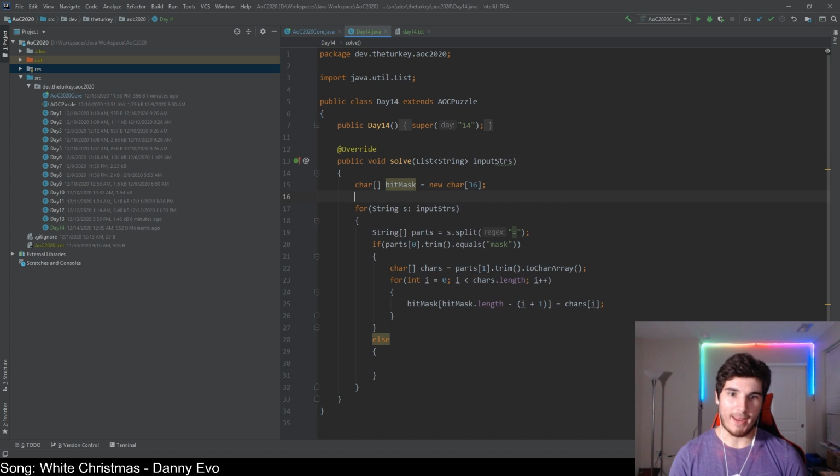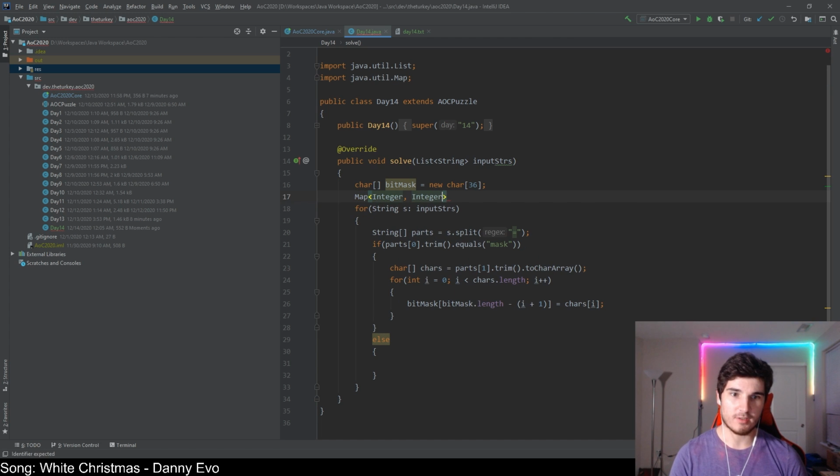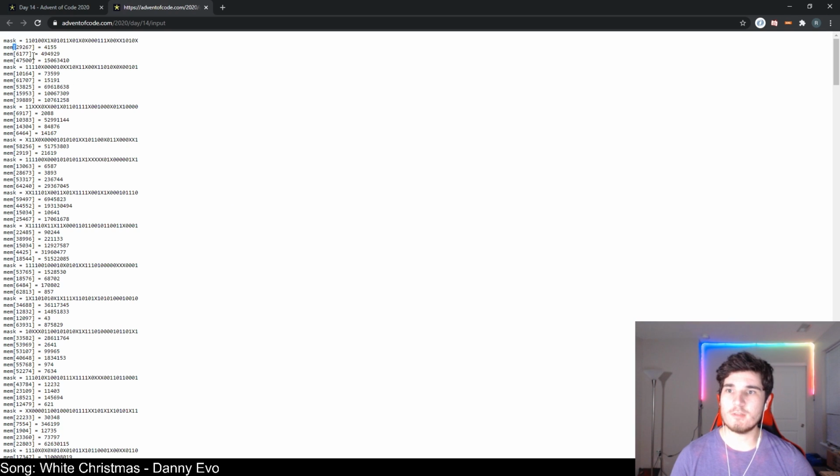Let's just do a map. A map should work for you then. You can do integer and integer. So this is going to be our memory. This should work. Okay, so now we have this else here. So this else is going to be this. So we need, in this case, it's just a mem. So we need to do